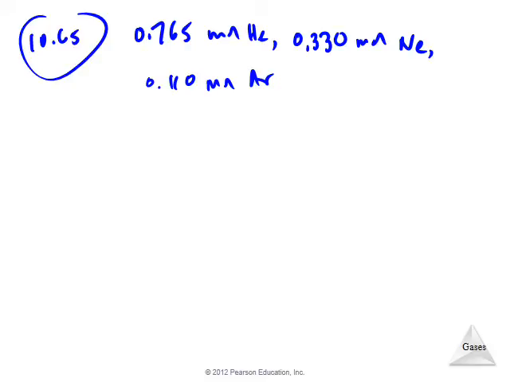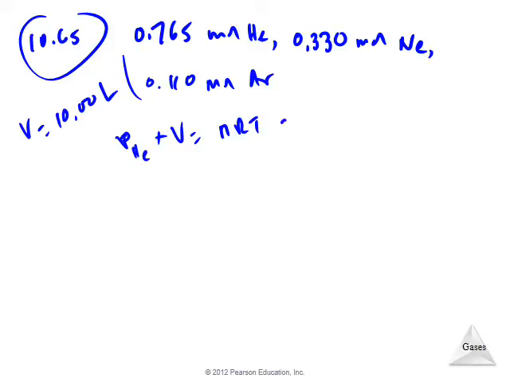So volume is 10.00 liter. Calculate the partial pressure for each of the gases in the mixture and calculate the total pressure of the mixture. So they're asking for partial pressure of each of these gases. I can show you how we can do that. Pressure of, say, helium times the volume, the total volume, equals nRT.